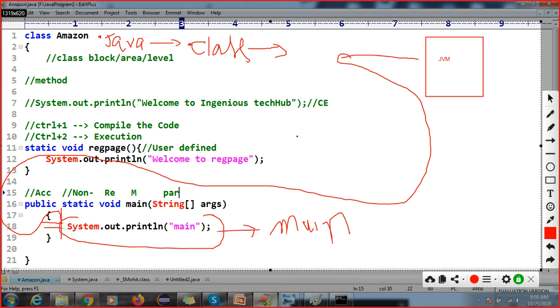So the main method logic will execute automatically. There is no need to call it. But if you create a user defined method, you must call it, otherwise it will not execute.